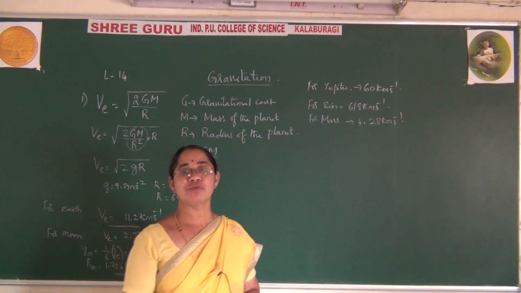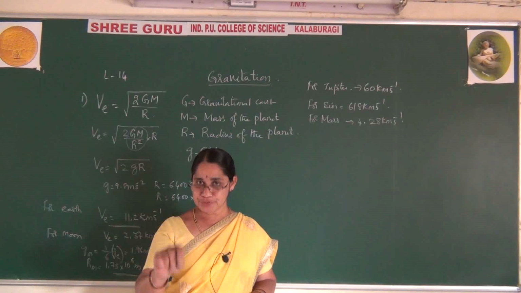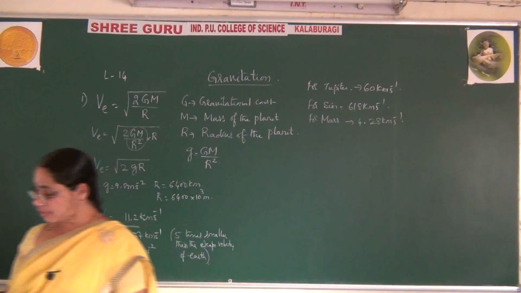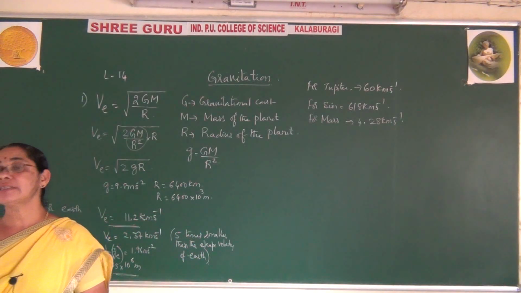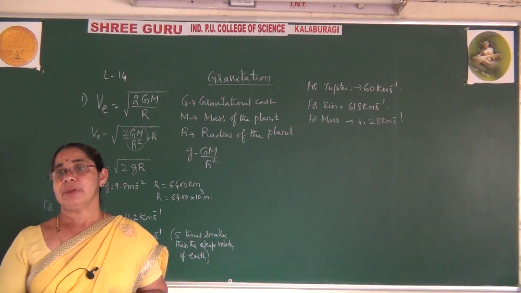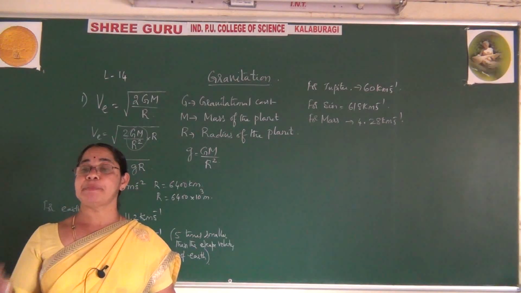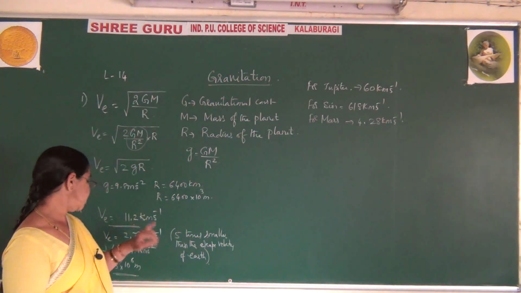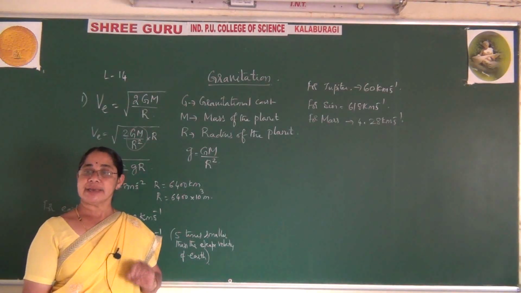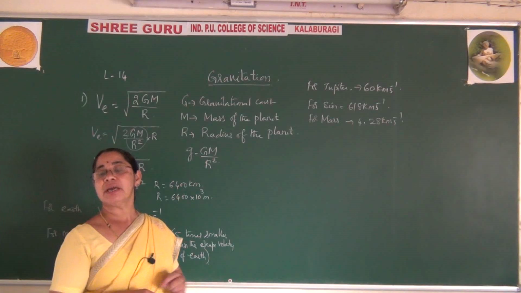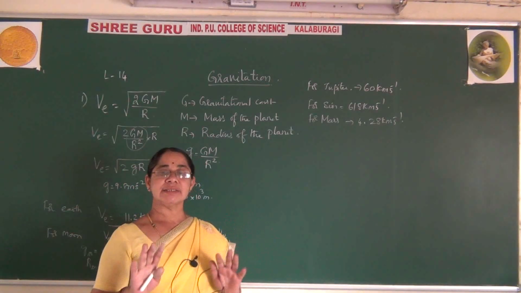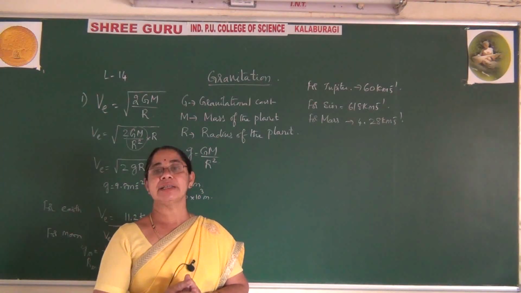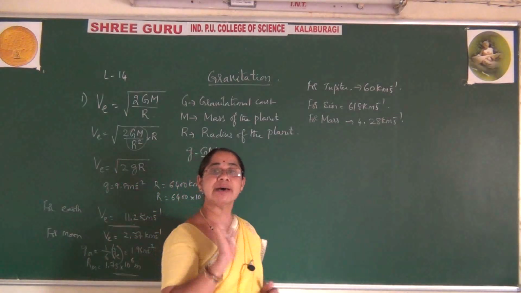But Earth is having an atmosphere. The reason behind this is the thermal speeds, the RMS speeds of gas molecules. These speeds of gas molecules are there on the Earth and also on the Moon. But on the surface of the Earth, the speeds are less compared to the escape speed, due to which the molecules are bound to the surface of the Earth. Hence, we have an atmosphere on the Earth.